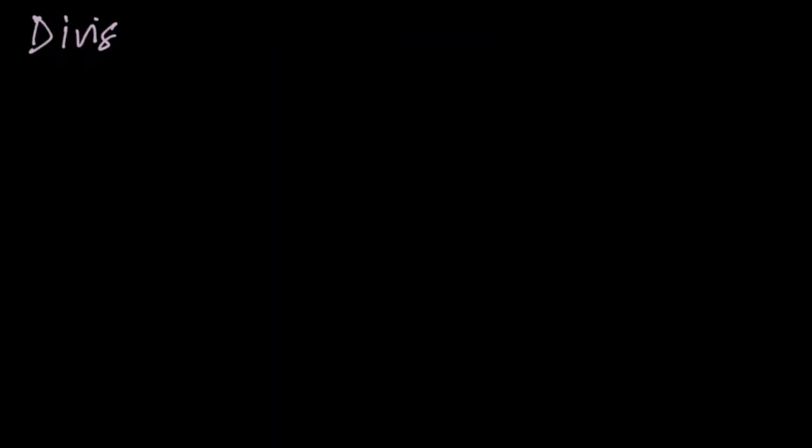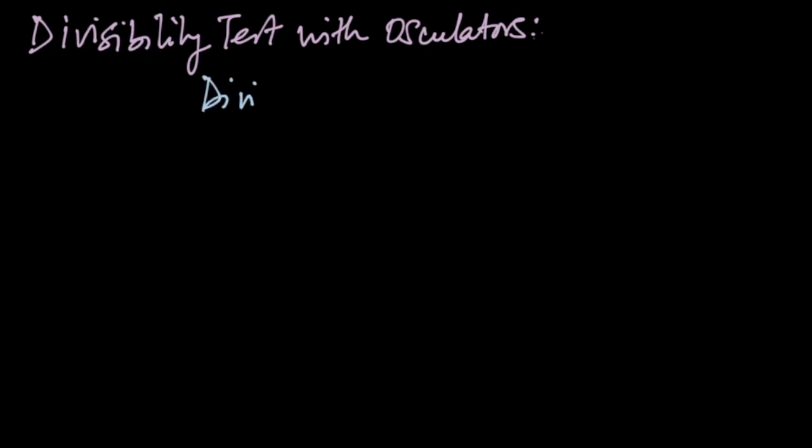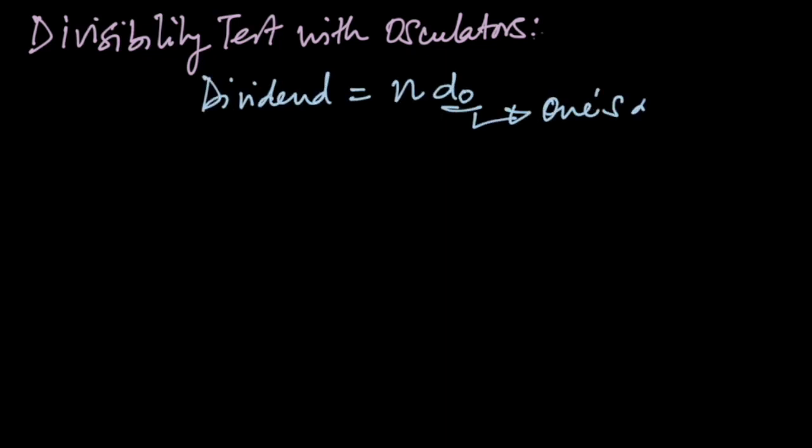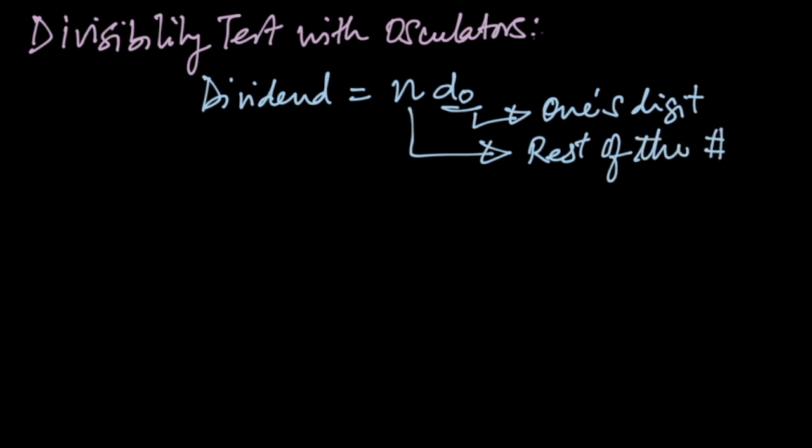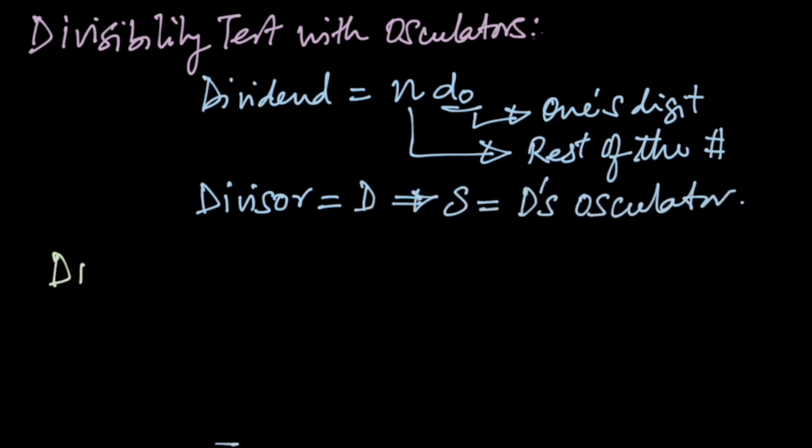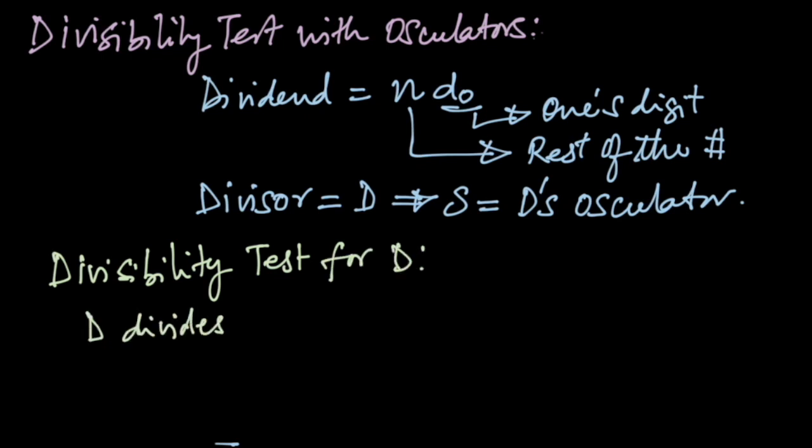So how do we use oscillators to get the divisibility test for a given number? Suppose the dividend is of the form n d0, where d0 is the digit on the ones place and n represents the rest of the number, and the divisor is d and s is its oscillator. So the divisibility test for divisor d is: d will divide n d0 if it divides n plus s